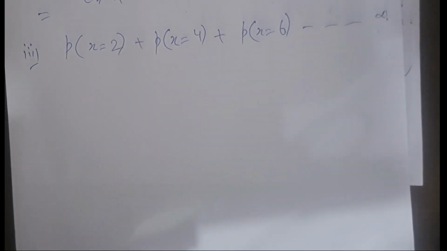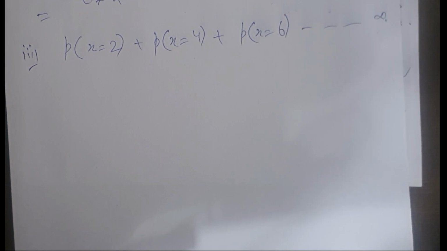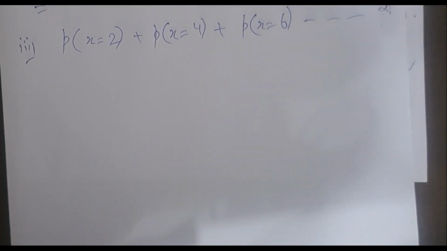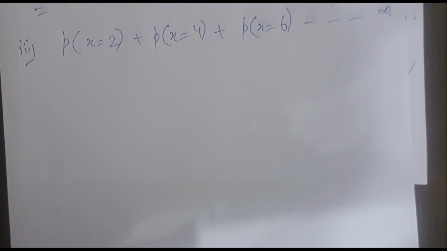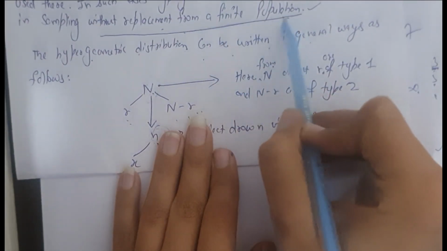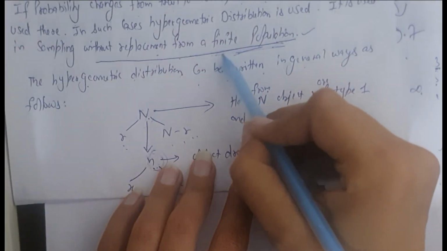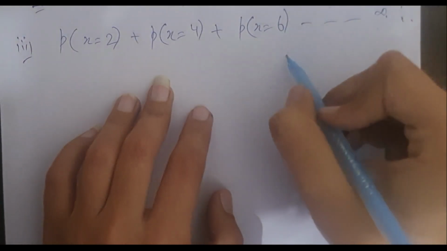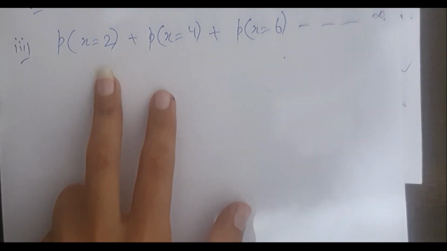Here also, the geometric distribution can go up to infinity, unlike the binomial distribution and hypergeometric distribution, because there they have given the n value specifically. Hypergeometric distribution is valid for a finite population. If it has a finite population, then n must have some value. In a geometric distribution, if we don't get a success, then it can go up to infinity.